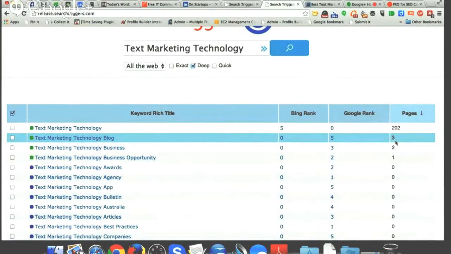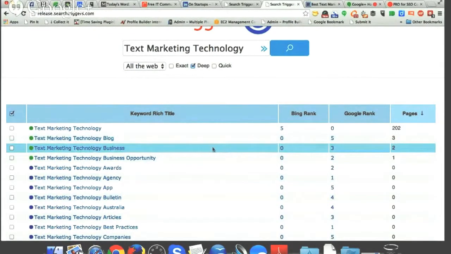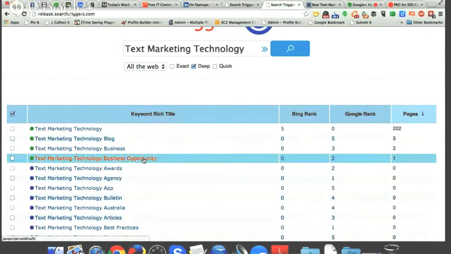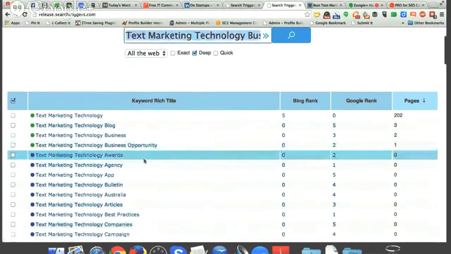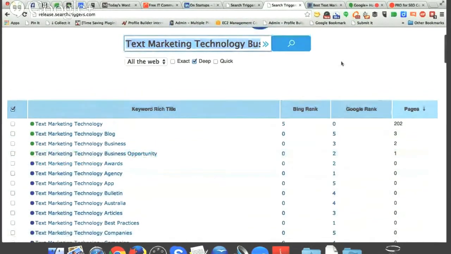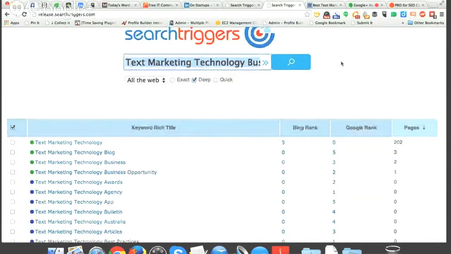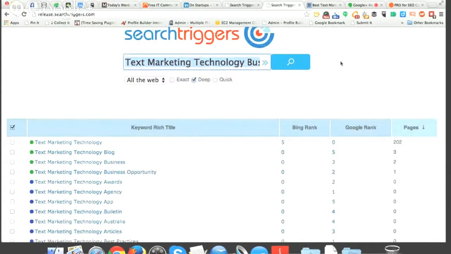One of the things you'll be able to do is click text marketing technology business opportunity, and you'll see it copies to the upper box. There's going to be a button to the right, or however the UI will be built, that will allow you to tweet this directly.